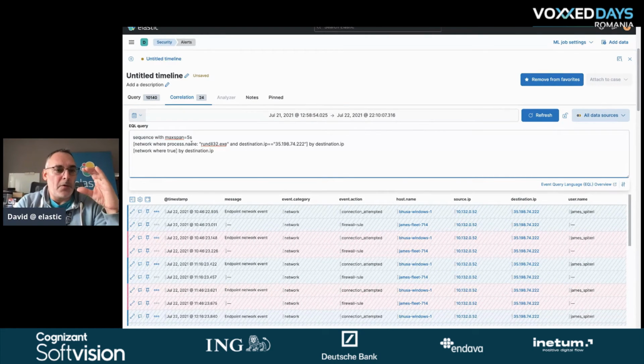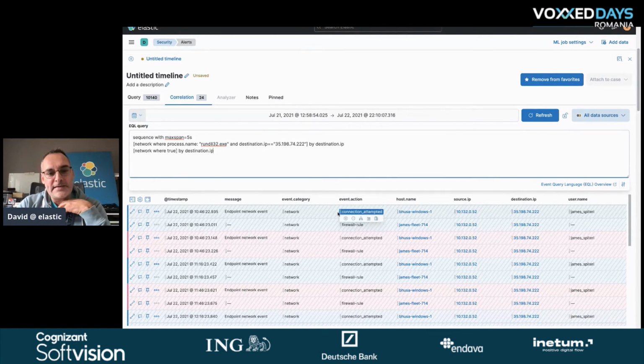So basically what we are saying, we want to see within a sequence of 5 seconds, if there is one event which runs with the run DLL 32 that we saw before, and the destination IP address of the cdnverify.net domain. And then if we find another event where network equal true, which means that we have something in the network, then we will consider that there is a correlation between at least two events.